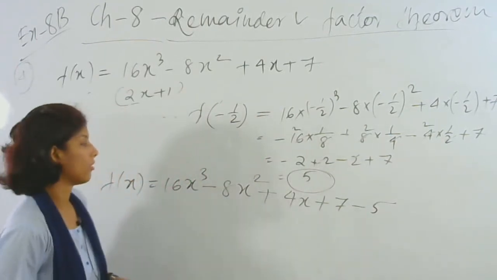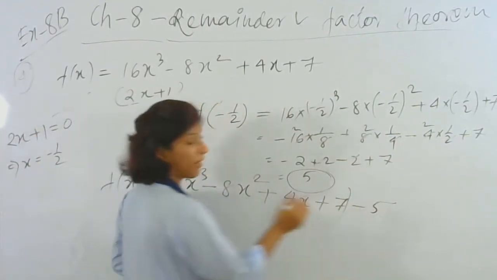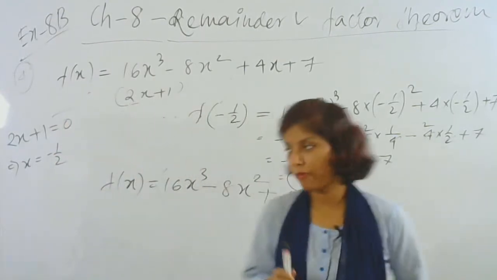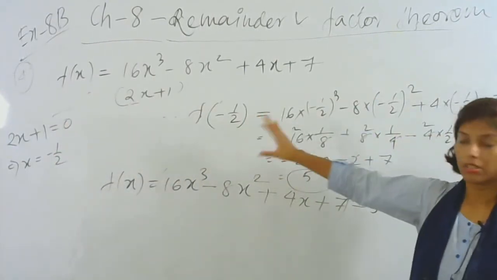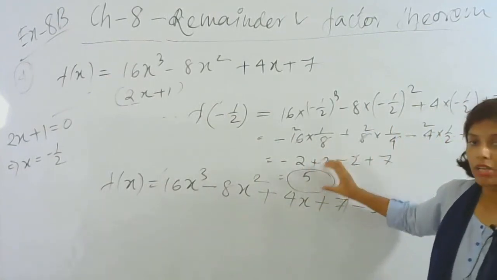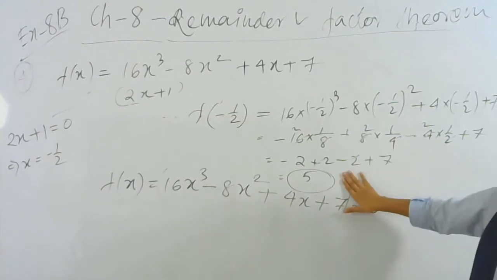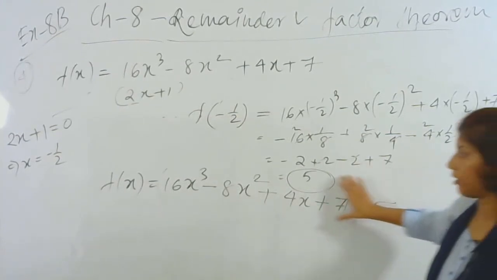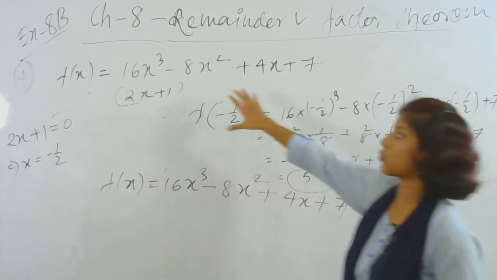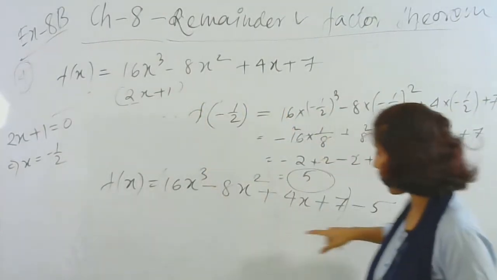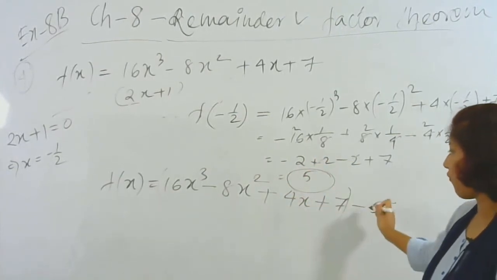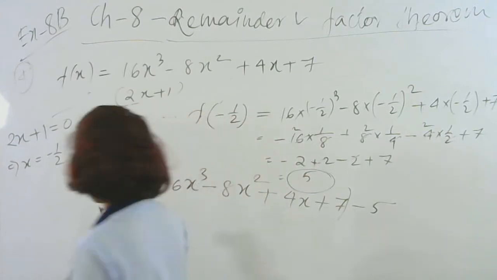So if you subtract the remainder, that is what I'm getting. The remainder is 5 I'm getting over here. But a bit before I said, if it has to be a factor, then the remainder must be 0. So here what I'm getting is an extra 5. So if I do minus 5, then I'll get 0. If I do minus 5 from the whole equation, then 5 minus 5 I'll get 0. So in that case, this one is forming a factor. So for that, what do I have to remove? I have to remove this remainder, that is 5. So if I remove 5, then it will be a factor.